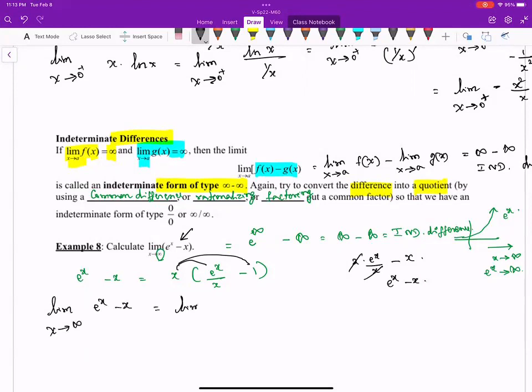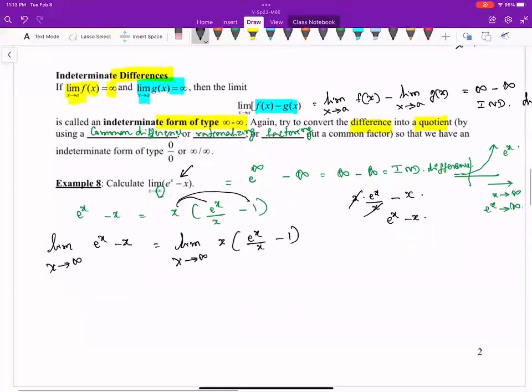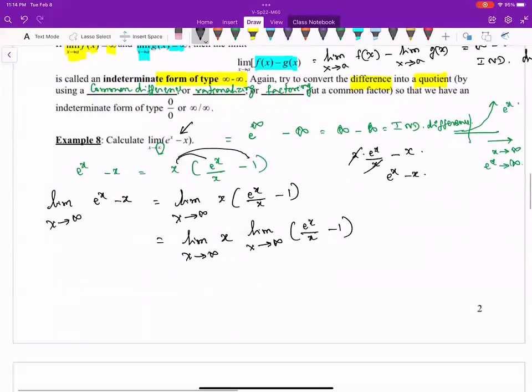So the limit as x approaching infinity of x times (e to the x over x minus 1). We can split this up into two parts: the limit as x approaching infinity of x, and then the other term, the limit as x approaching infinity of e to the x over x minus 1. Let's call this step 1. We will come back to this. Then we will focus on this